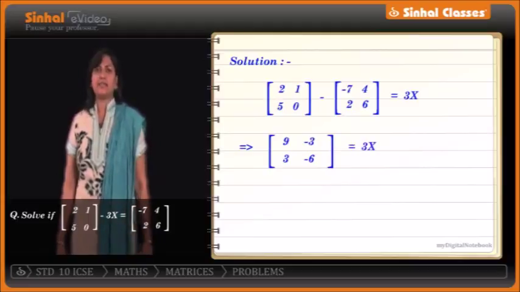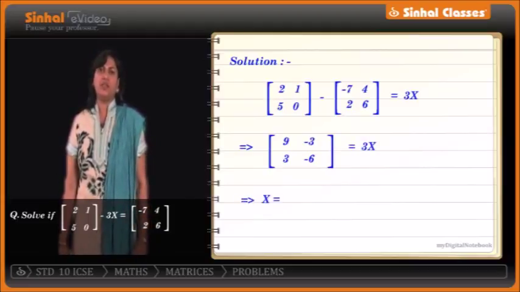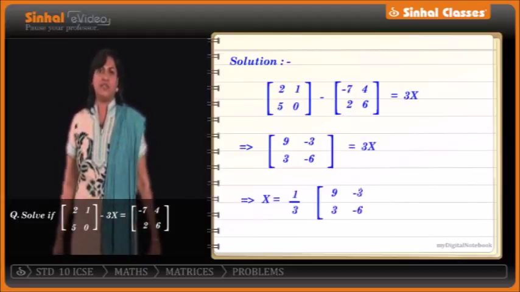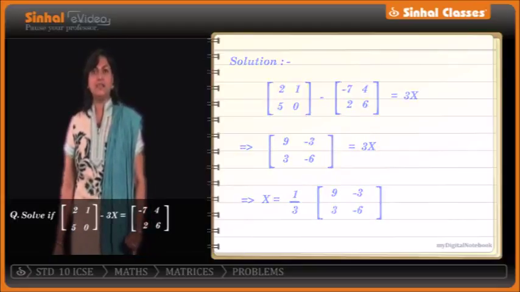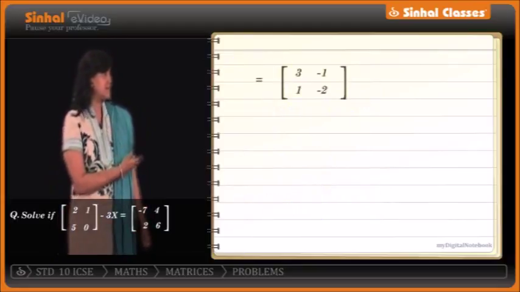Now we find x as 1 upon 3 of the new matrix formed. That is, multiply each and every element of the matrix by 1 upon 3. And the answer obtained is